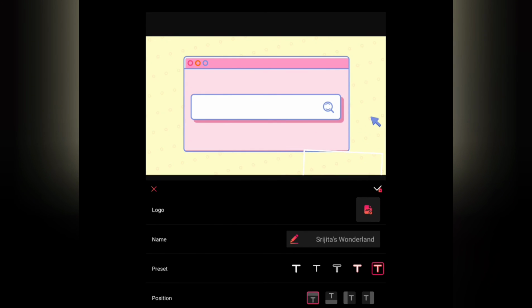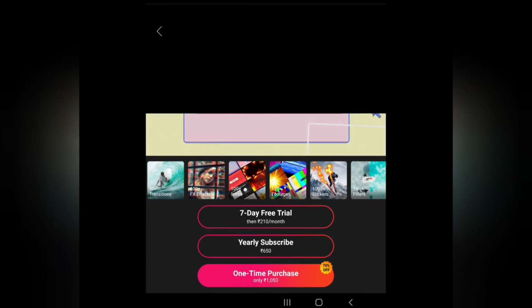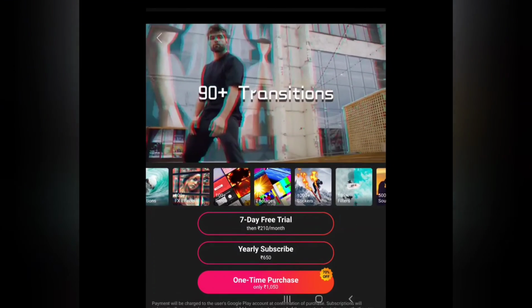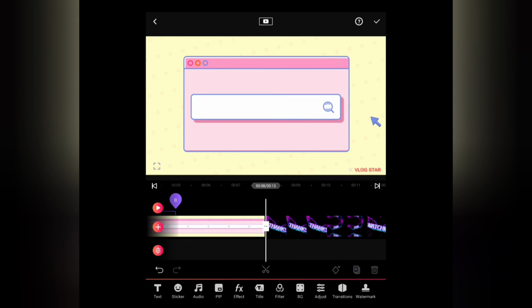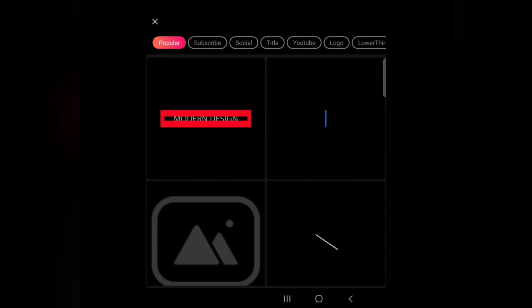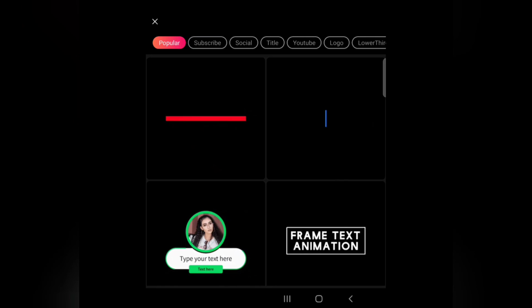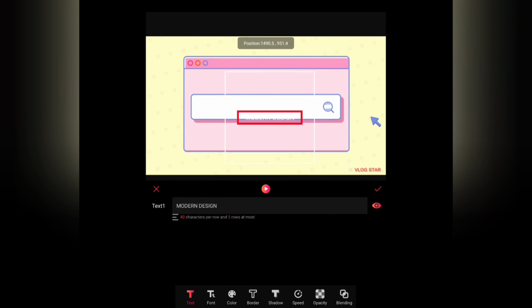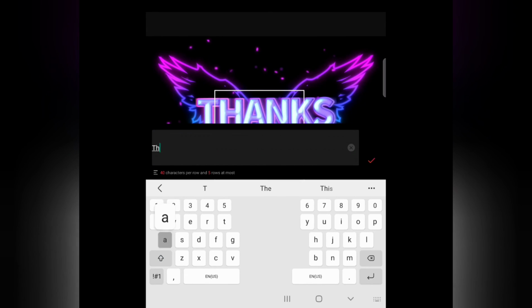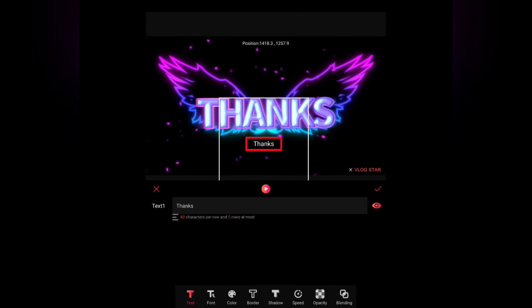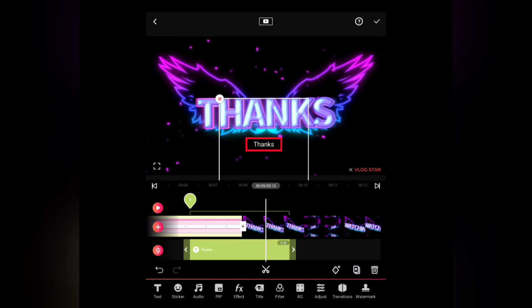Like some applications, the watermark is there, but the application has so good features, so you don't want to leave that application, but it has a watermark which you want to remove. You can use YouCut to just crop the watermark a little bit. Maybe a little of the video will be lost. Now you can even add some text here. If in the outro I want to add a text called thanks, I will type thanks here. You can see. So this is all about the very best editing applications I handpicked for you.